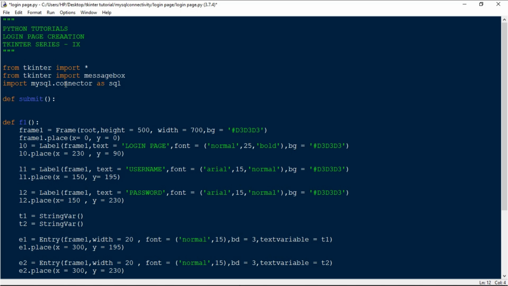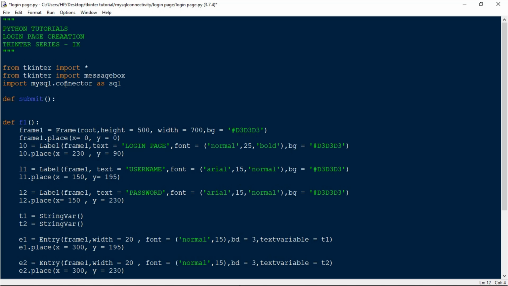If both the password and username match, then the login is successful and we'll pop up the next frame. If the username is correct and the password is wrong, we're going to pop up a message that the username and the password is wrong. If the username is not there in the username list which we got from the database, then we are going to pop up a message that the username is not registered. So register and then continue.